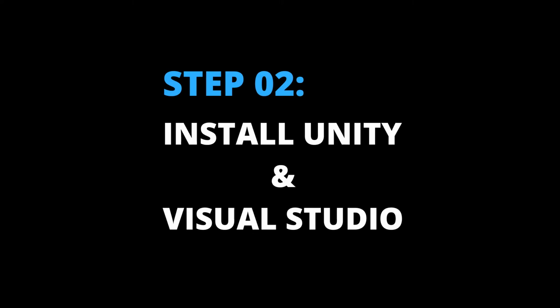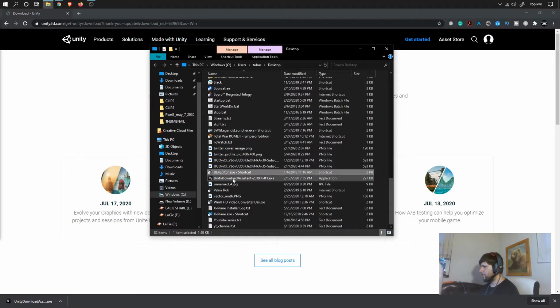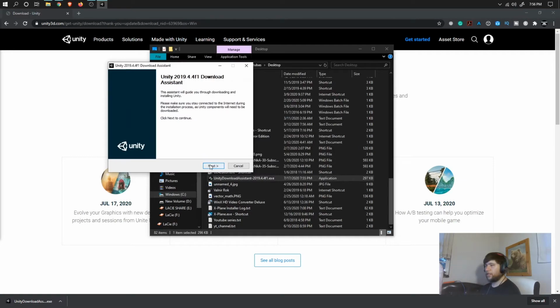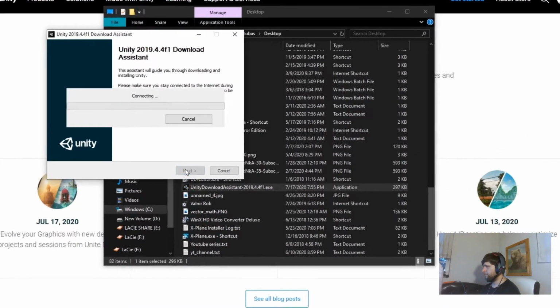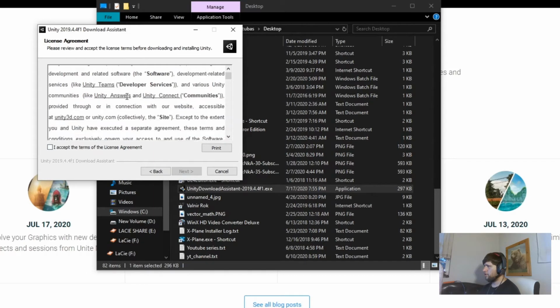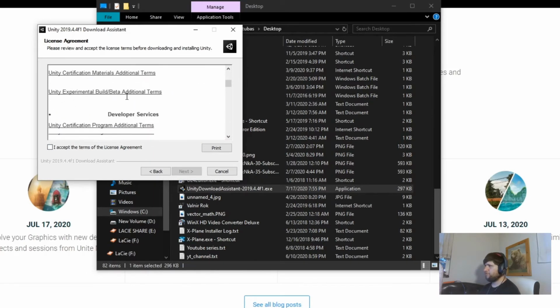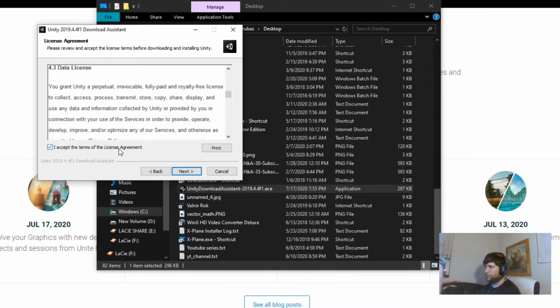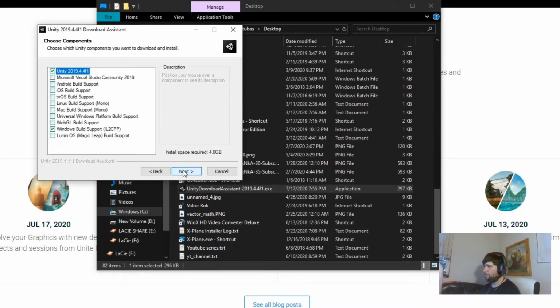Step number 2, installing Unity and Visual Studio. Alright, so now that we have it downloaded, let's double click on it. Press yes when it asks you. And let's click on next. Make sure to read the terms of service if you want to. Press accept and press next. Okay, so make sure that Unity 2019.4.4 is checked